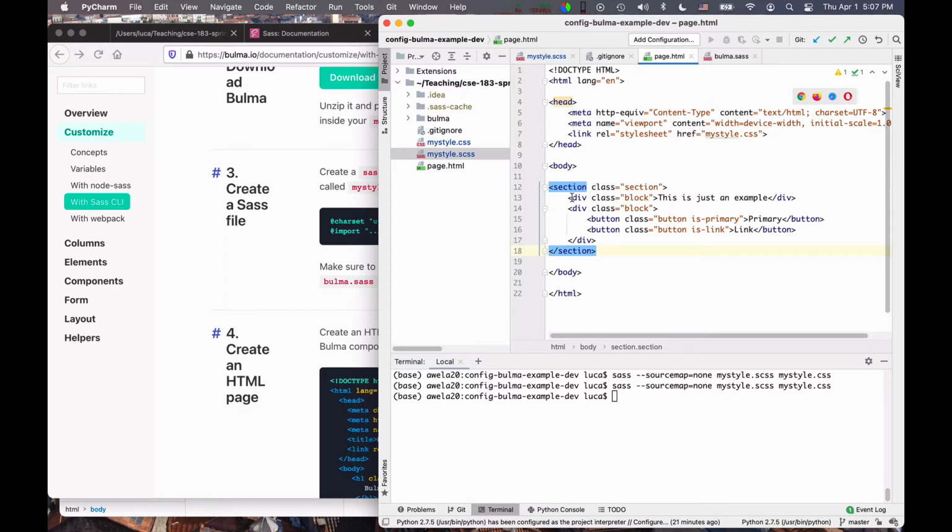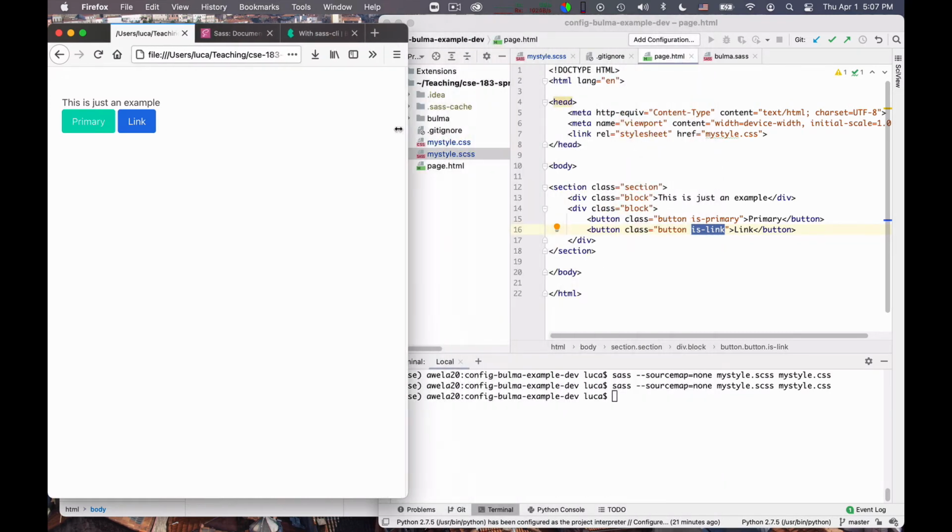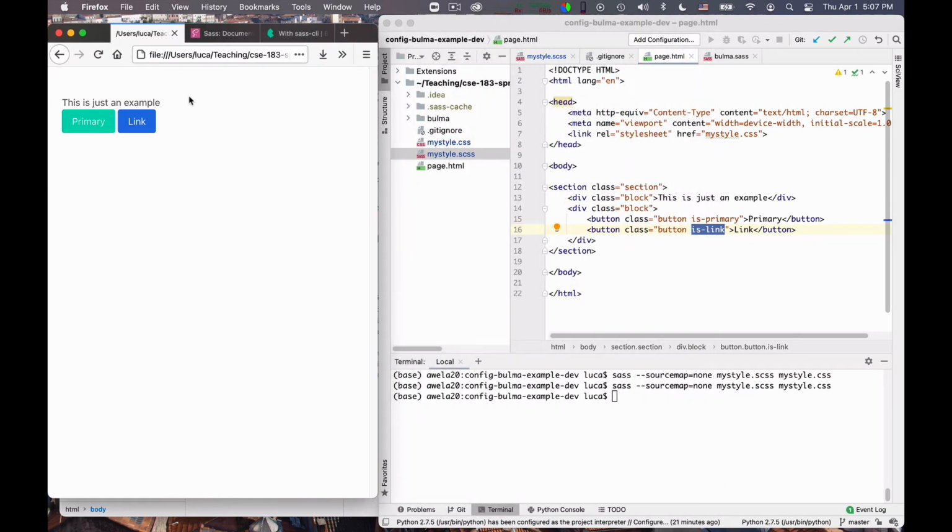I have two blocks, one that says this is just an example, and then a couple of buttons, one in primary and the other in link color. So if I look at how the page looks like, that's how it looks like. There is just a bit of text, a primary and a link button. That's fine, it's not so breathtaking.